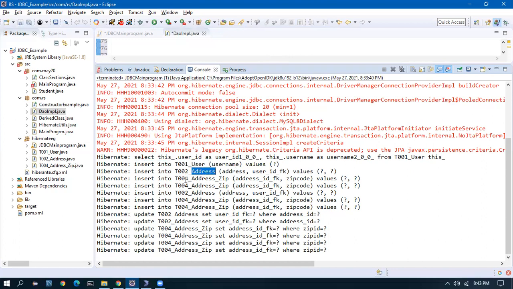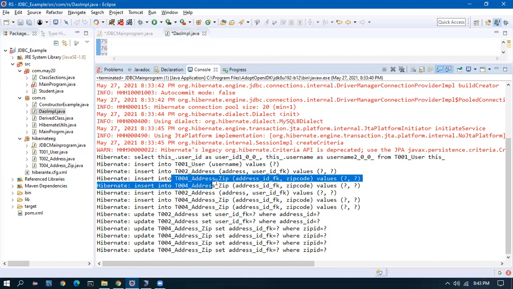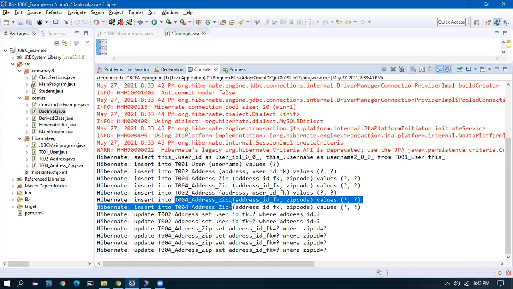This ID has to be inserted in 1 and 2 only. And the second address, this one more insert into address will be there, right? Yeah, here. This ID has to be inserted here. See, it is following up. See, first is address, the next two are its own children. Next is the second address, the second address children.